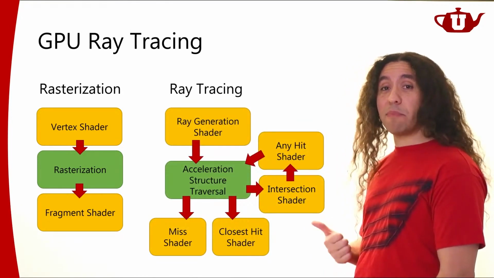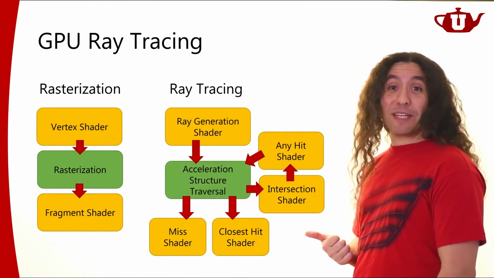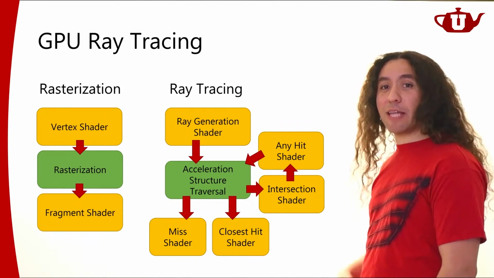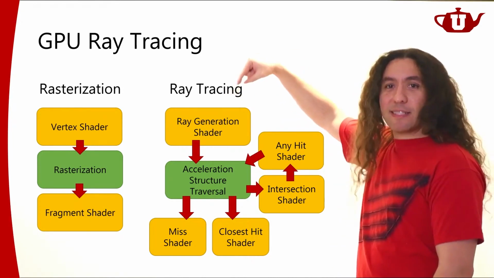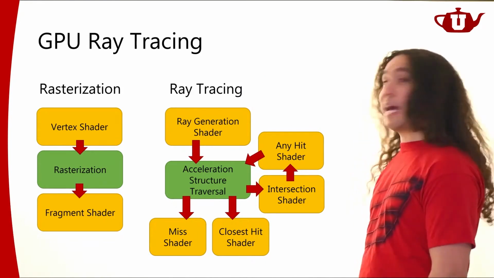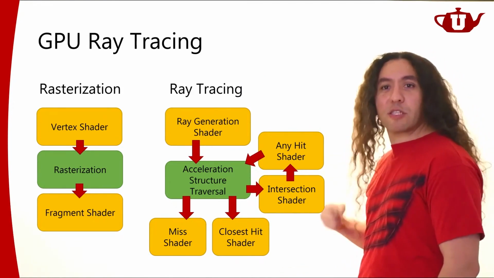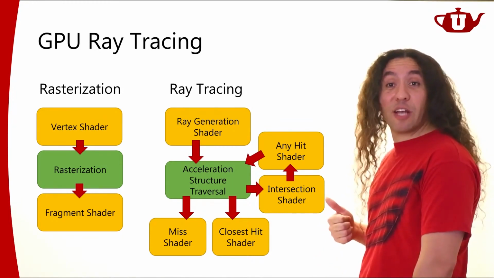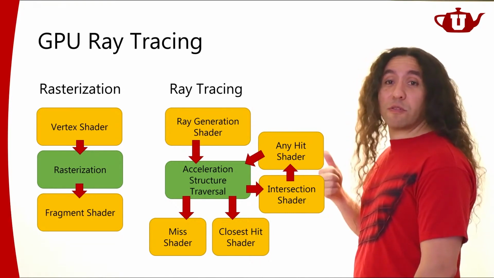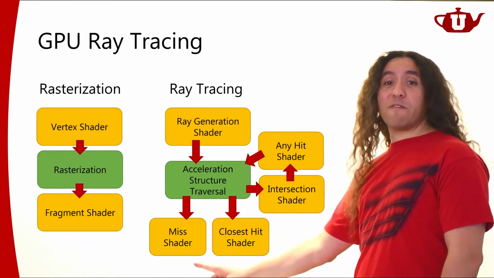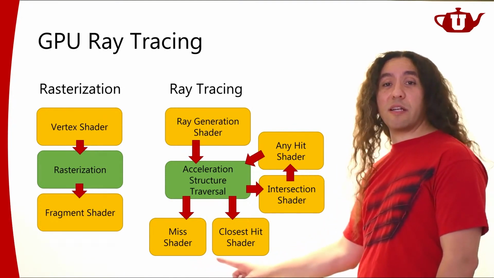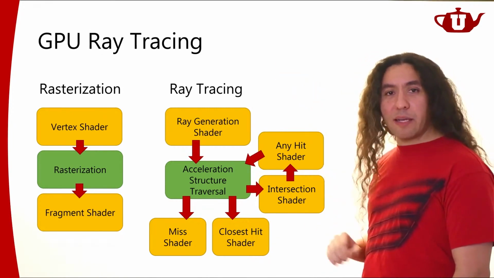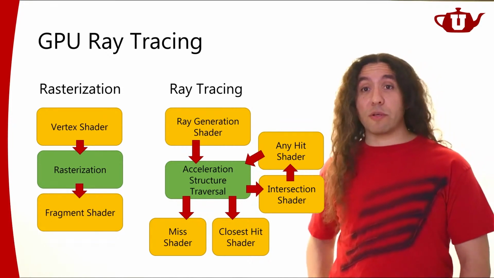So that creates a bit of a more complicated pipeline for ray tracing. There's a ray generation shader, a programmable shader stage where you write the code that generates the rays, and that's sent to an acceleration structure traversal that is going to be a BBH. It's going to be traversing the BBH sort of automatically, and then it's going to send possible intersection tests to our intersection shader, and an any hit shader for handling semi-transparent objects. If it doesn't find any hit, it's going to call the miss shader. If it finds a hit, it's going to call the closest hit shader. So this pipeline is quite a bit more complicated, but that's what is needed for doing ray tracing.